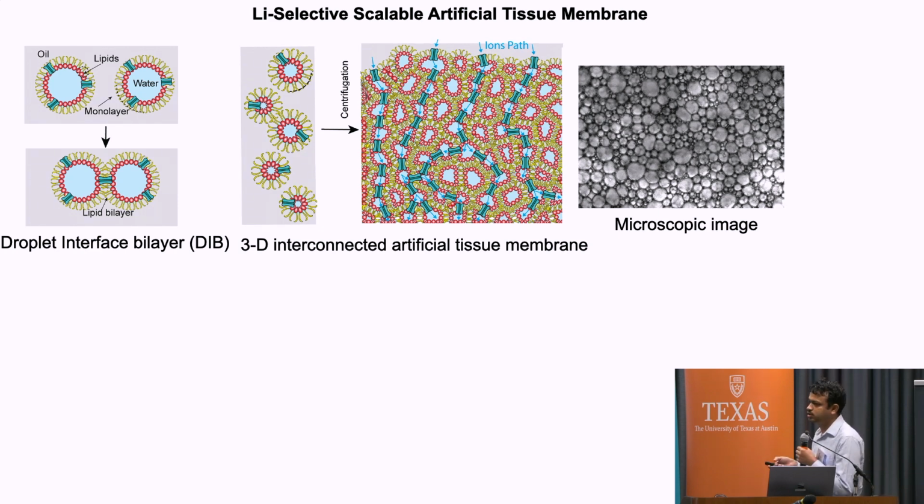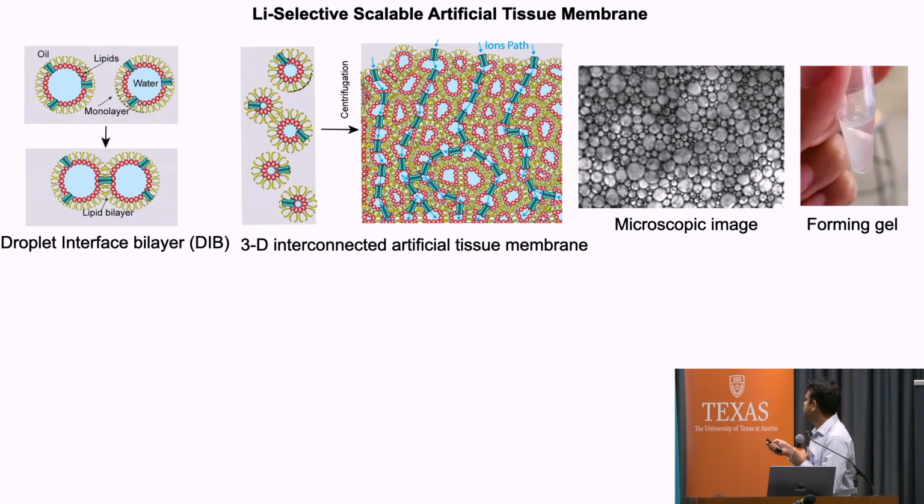and then centrifuge them and make them jam together. When we jam them together, these monolayers of lipids are interconnected three-dimensionally and form an interconnected membrane. In the microscope, we can see how the droplets are interconnected with each other. And this looks like a gel, and this gel can be